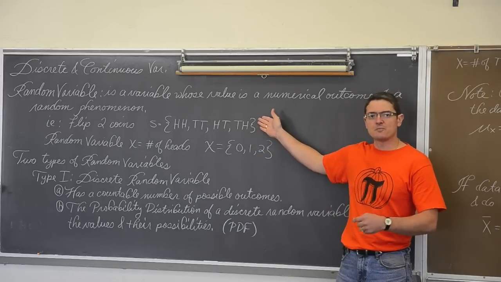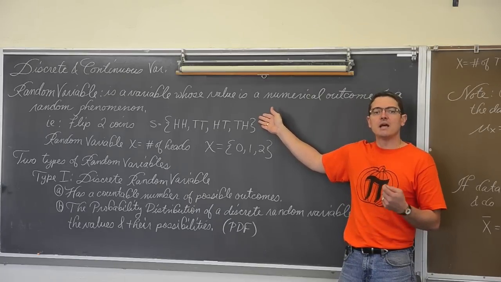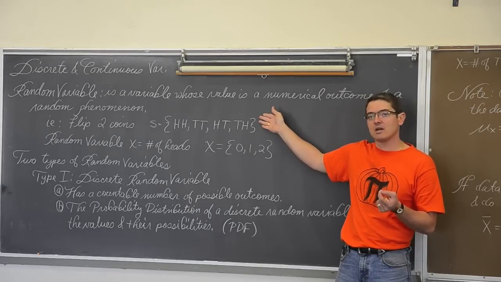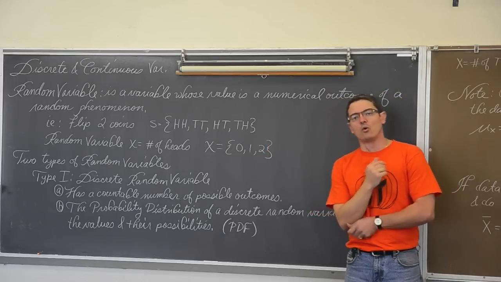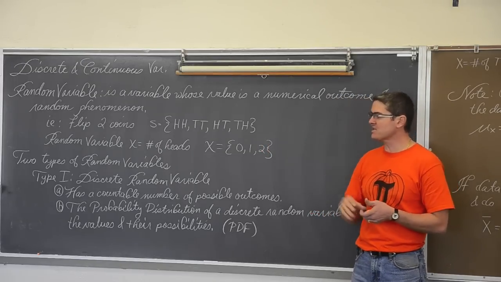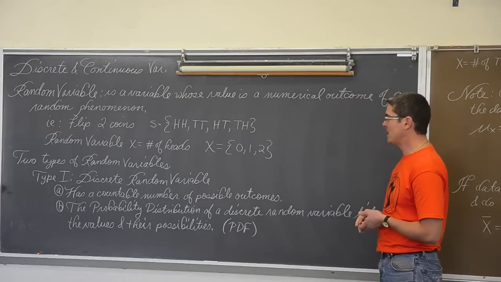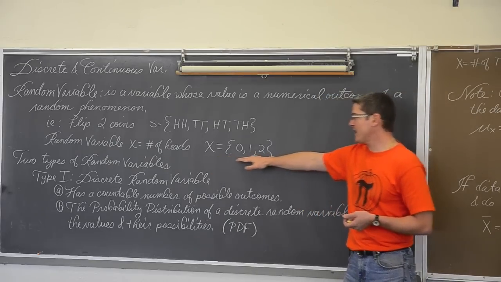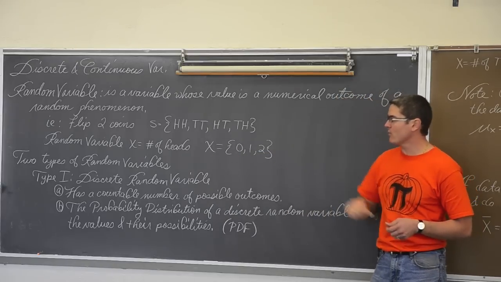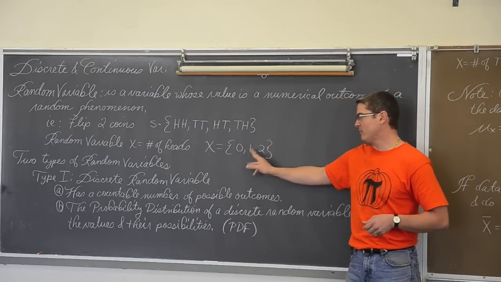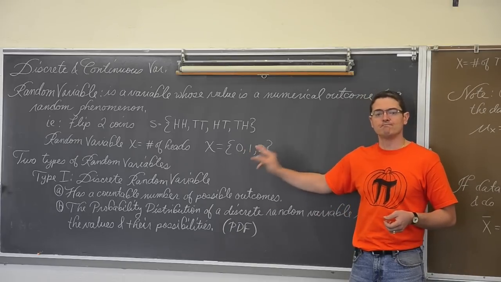So we have a sample space of all the possible outcomes, like if you were rolling 2 dice, that would have 36 possible outcomes. But then your random variable is exactly what you are looking for. In this example, we're counting the number of heads out of 2 coins. What I've got here is a discrete random variable, where there's a countable number of possibilities: 0, 1, or 2.